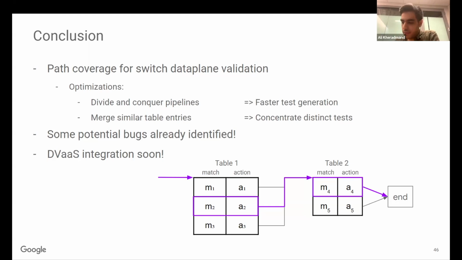Shaan, do you want to take this? I'll answer a part of it. Yeah. So for table entries with default actions, you can conceptually think of that as just another case down here at the bottom of the table. And so doing a symbolic execution through that extra case is not too challenging. That is something that we do currently in P4 symbolic. For the other two questions, I guess perhaps I'll kick those to Ali.